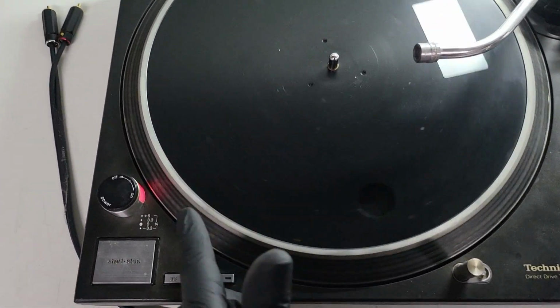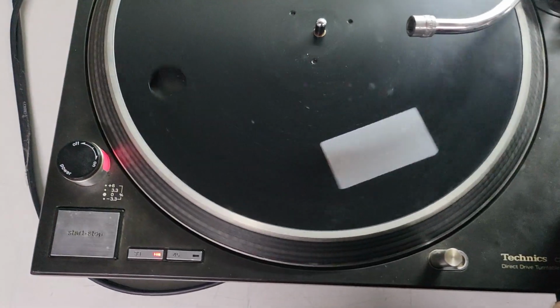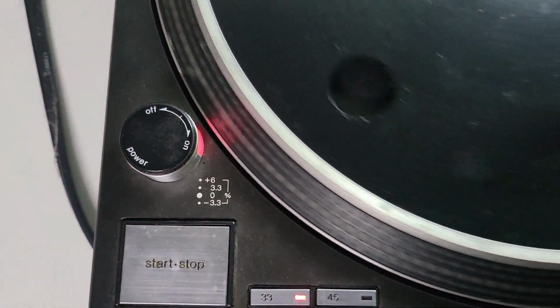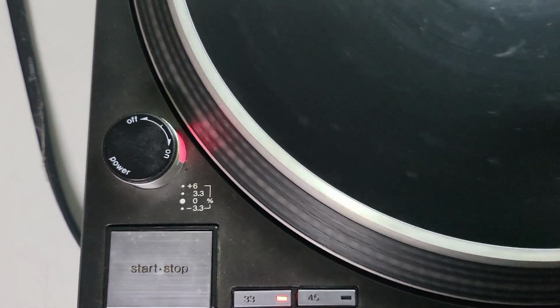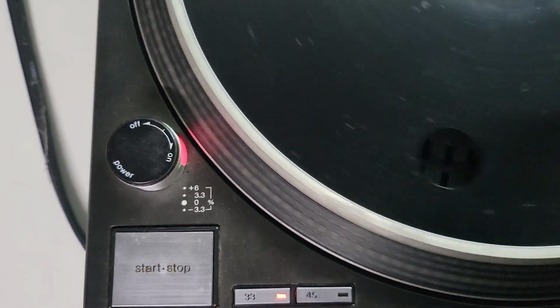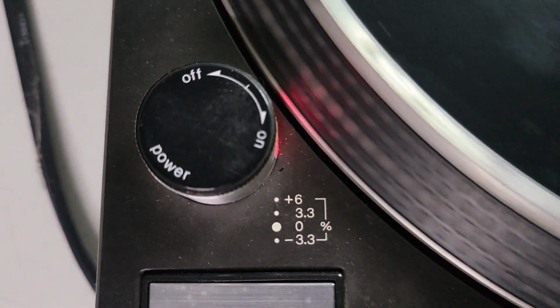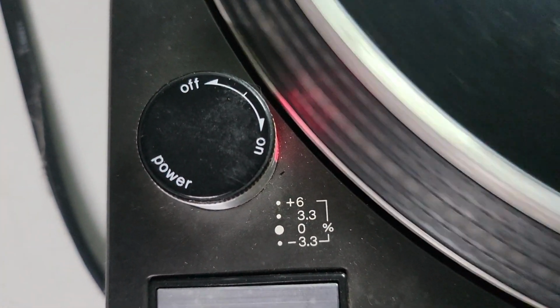And quite ironically, because I can now see the strobe dots, I can actually show you what we're working with on the pitch controls. So obviously locking at 0, so we know the quartz lock is working on this. But if we move it from 0 and up, you can see here we've got two 0 points. So secondary 0 point of 1.5. If we now go to plus 3.3, roughly 3.3 using the camera,